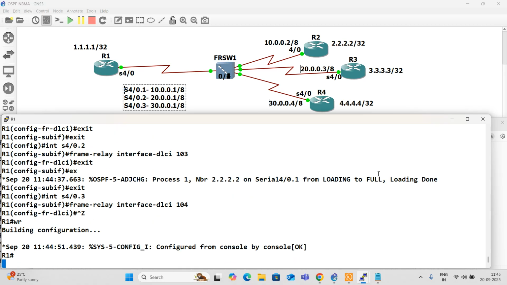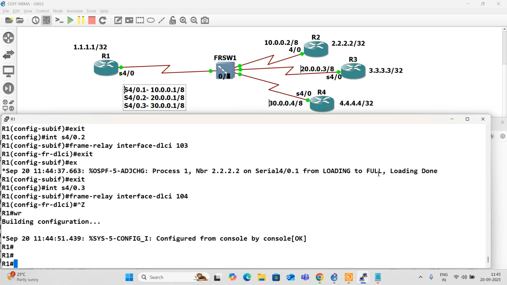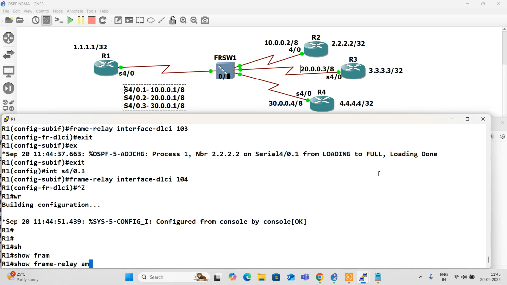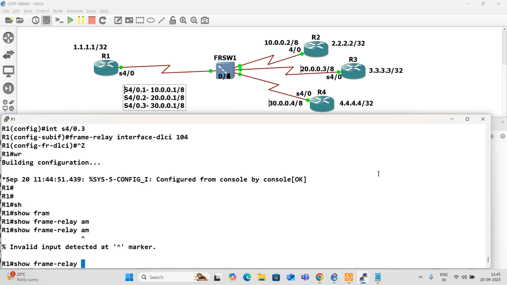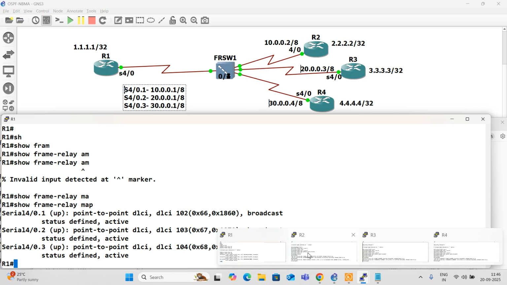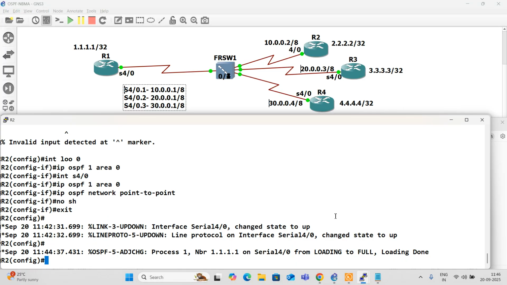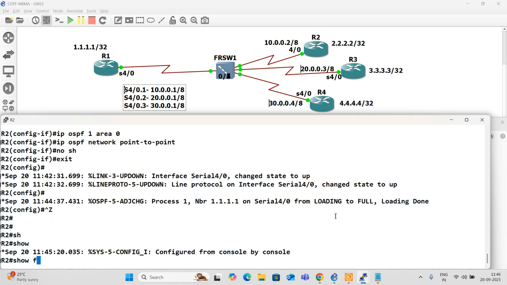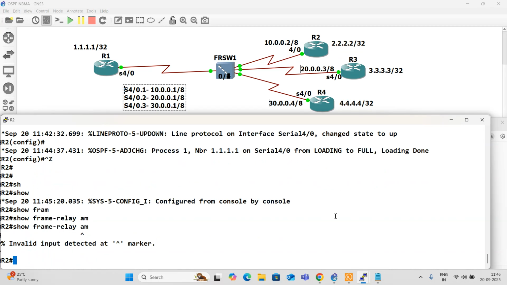On the other side, no problem, that is physical interface side, they have no problem. Show frame relay map here. Okay, we have this configured and they're all active. Now going to router 2, show frame relay map.